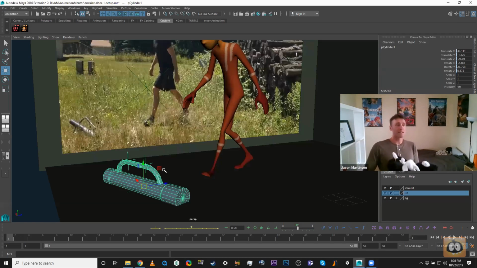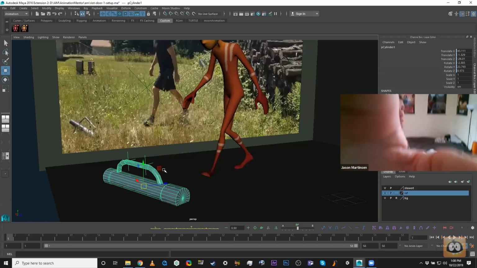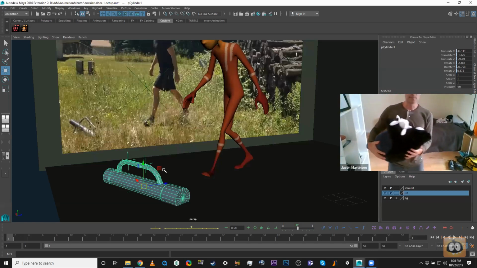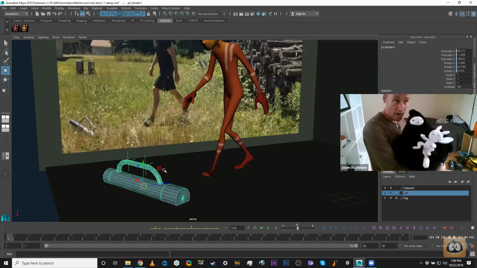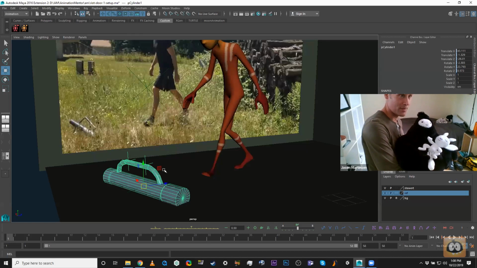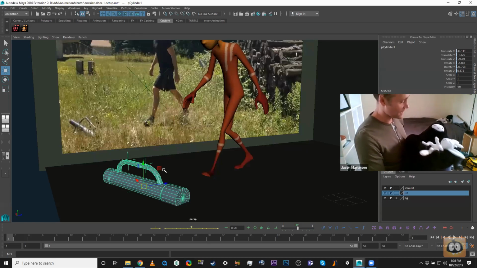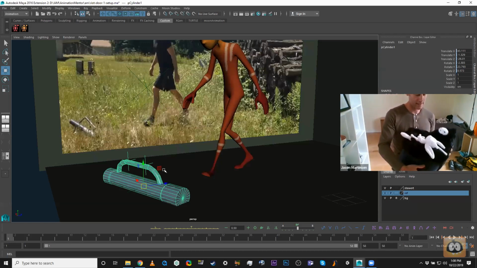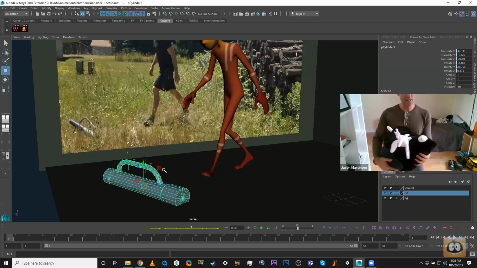If I'm going to lift this, even though I'm holding it with my hands, this is Ori and Naru, for those who are fans of Ori and the Will of the Wisps. I got this for the Blind Forest. I worked on the sequel. A nice gift. If I'm going to actually move this heavy object around, let's say this weighed like 50, 60